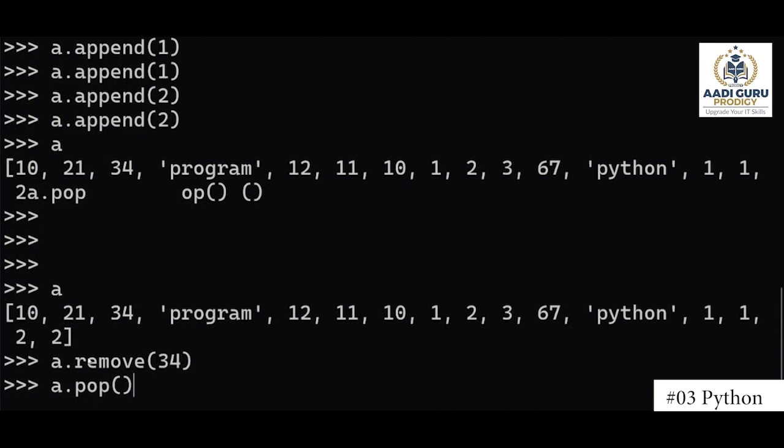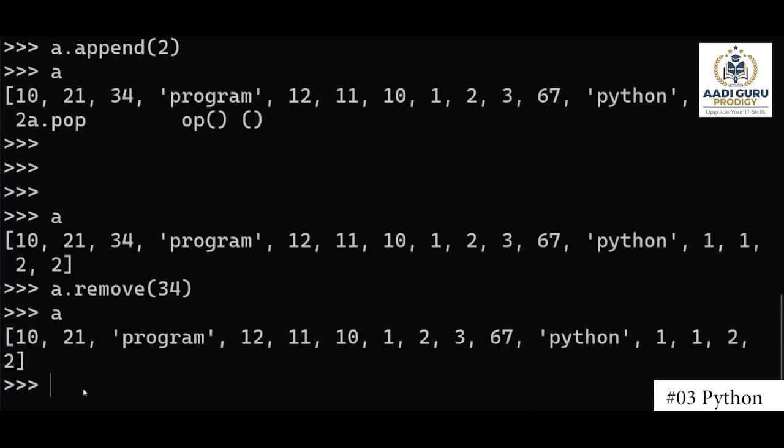But in case you are using the pop operation, then if you want to apply it on this list, whatever the item that you want to remove, you have to pass the index number of that particular item. For example, let's say I want to remove the program. In case of remove, you have to pass the program directly. But using the pop operation, we will pass the index number. The index number will be 0, 1, 2. So if you give a.pop of 2,